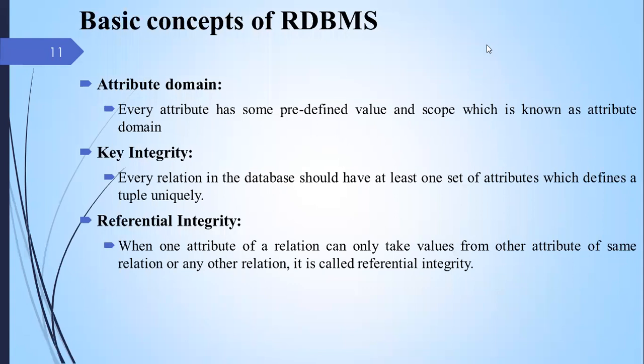So a table has two properties, column as well as the row. Column is also called the attribute and row is called the record. That record, or one record, is also called a tuple. This topic we have seen in the first part. It is called the basic concept of the RDBMS. RDBMS means Relational Database Management System.